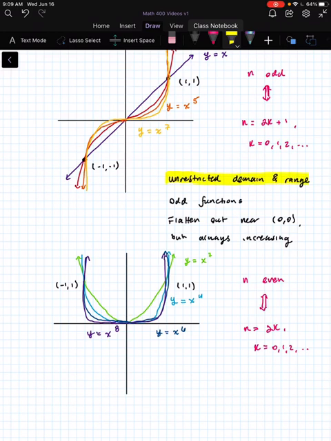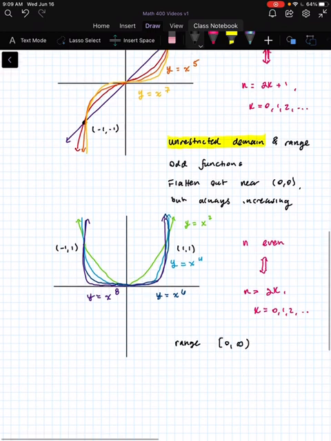Unrestricted domain and range. Sorry, that's not right. Unrestricted domain. On the other hand, the range for such a function that has even power is always going to be 0 to infinity unless we modify it somehow. These are now even functions,